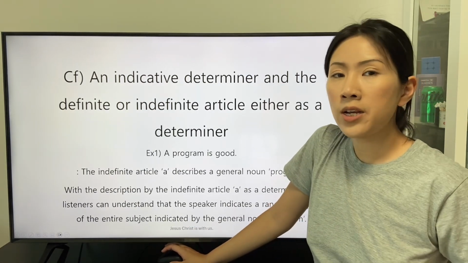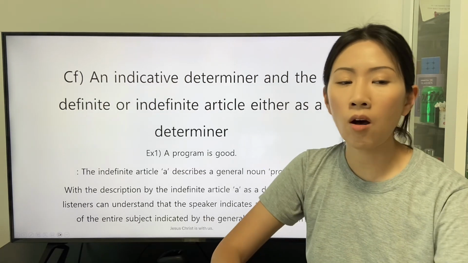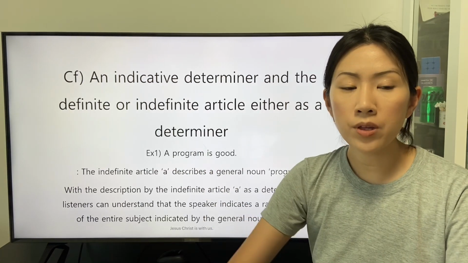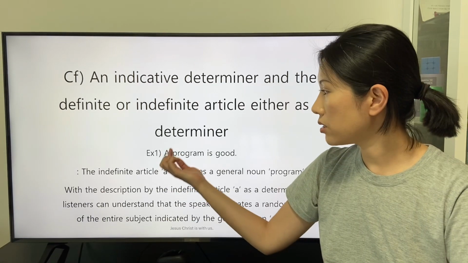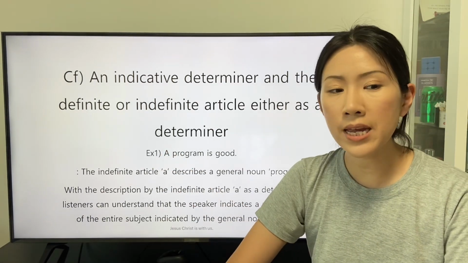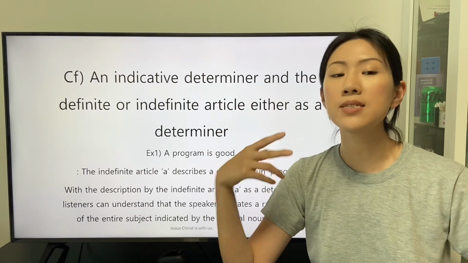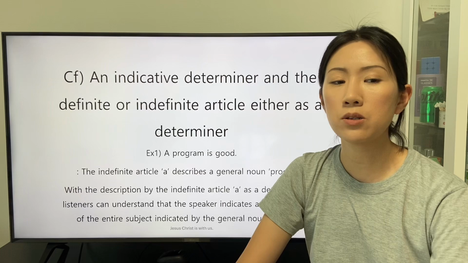There is an example. A program is good. The indefinite article a describes a general noun program. With a description by the indefinite article a as a determiner, the listeners can understand that the speaker indicates a random subject of the entire subject indicated by the general noun